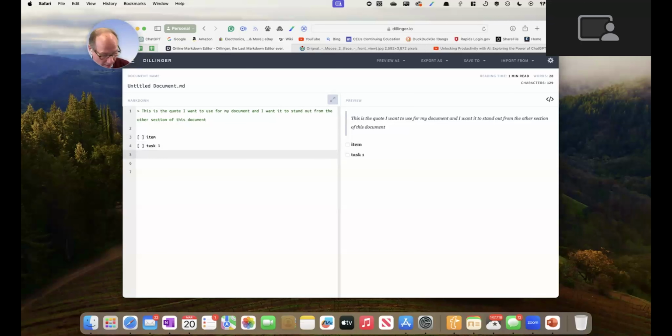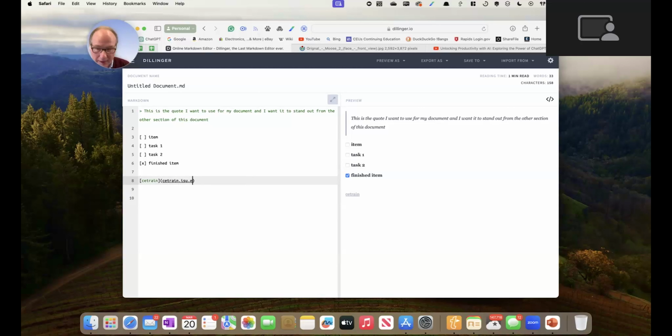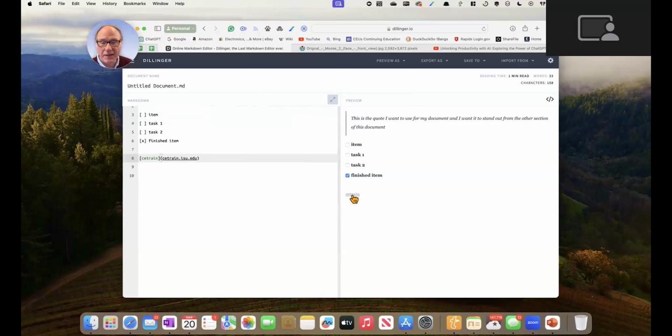Okay, so the next thing I want to show you is how do you add links to your documents. Now, if you're doing a PDF that has active links in it that you want to send someone, what you would do is use brackets, put the website name in. Let's say we're going to go CE Train, right? And then after that, you put parentheses and the website address, train.isu.edu. Okay, so if you notice on our panel here, you have the link just as a word.